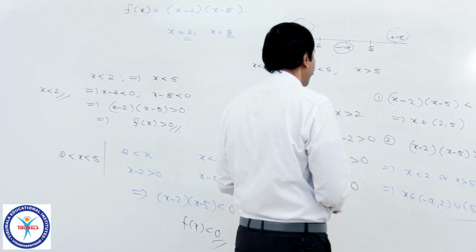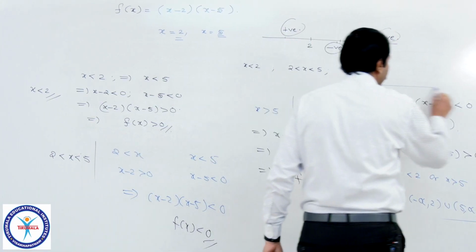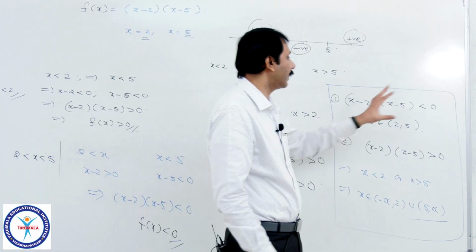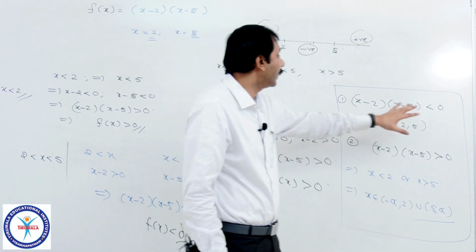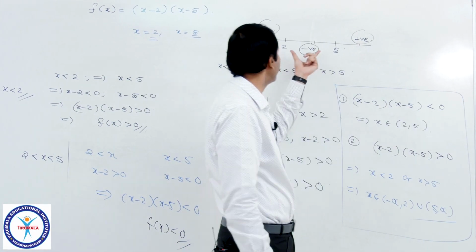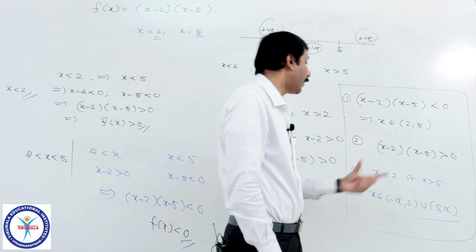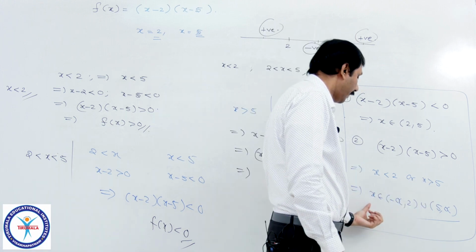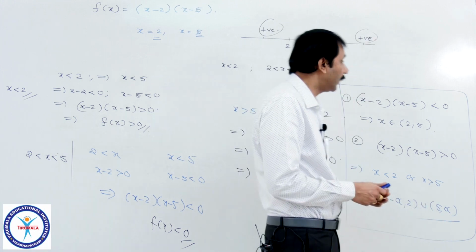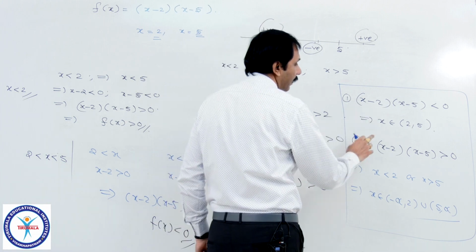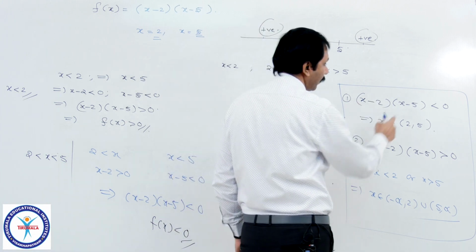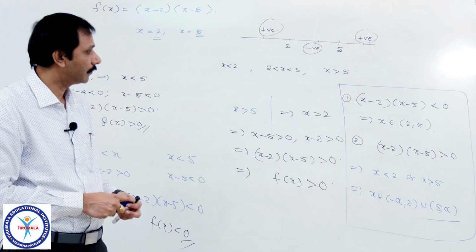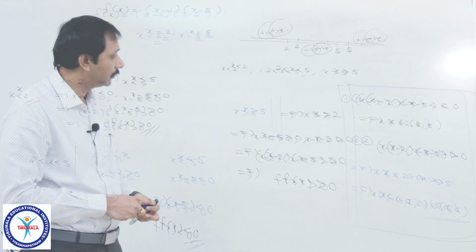All these 3 points put together, we can write in this box you see: for f of x equal to (x minus 2) into (x minus 5), it may be negative or positive. Negative means x belongs to (2, 5), between those zeros, and positive means outside of these two, either less than 2 or greater than 5, minus infinity to 2 union 5 to infinity. Of course, if I take x equal to 2 or x equal to 5, it will become 0. I am not taking that case; I have taken less than 0 or greater than 0. Hope you understood this point.